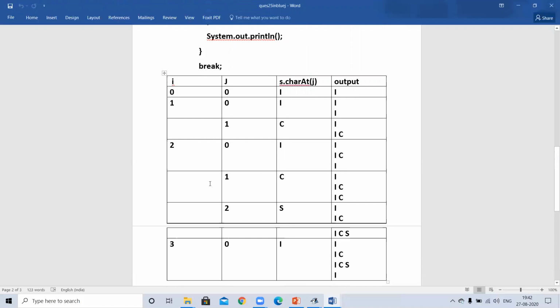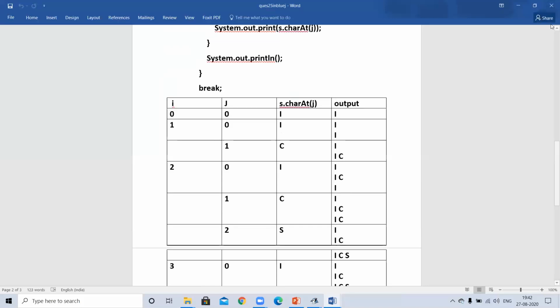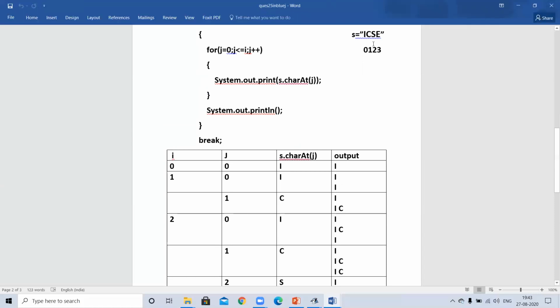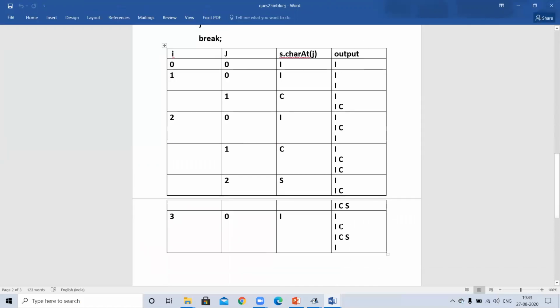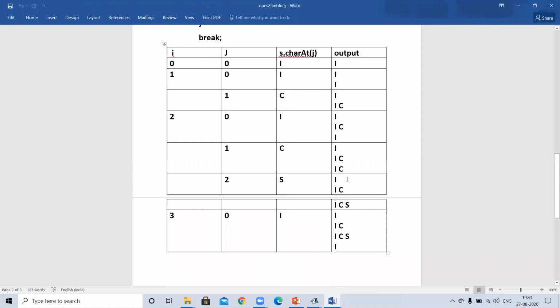Then J will be 1, it will print C. Then it will be 2, the condition is still satisfied. Then I, C, and what is charAt 2? You can see charAt 2 is S. So after I and C, it will print S. Here I, C, S, all in the same line.